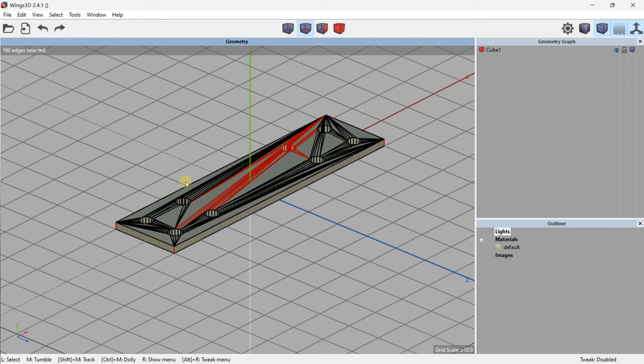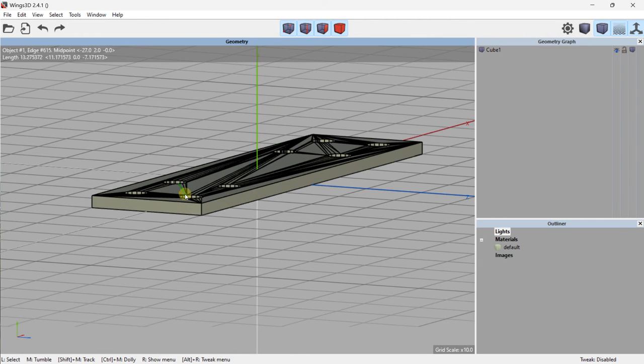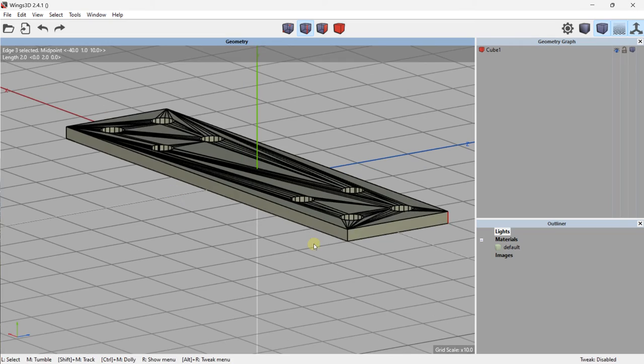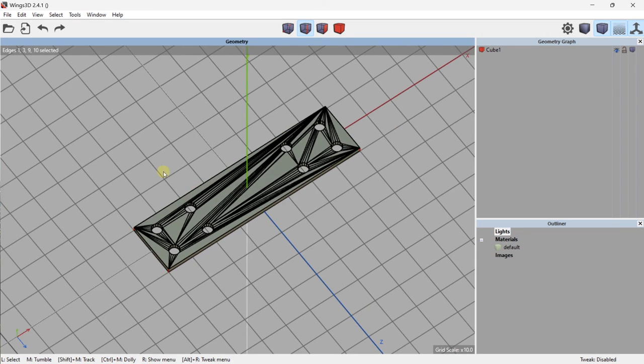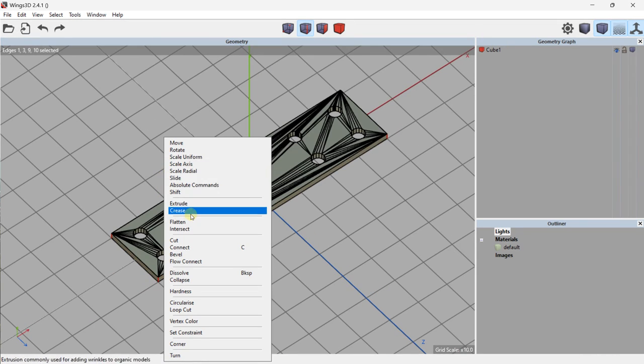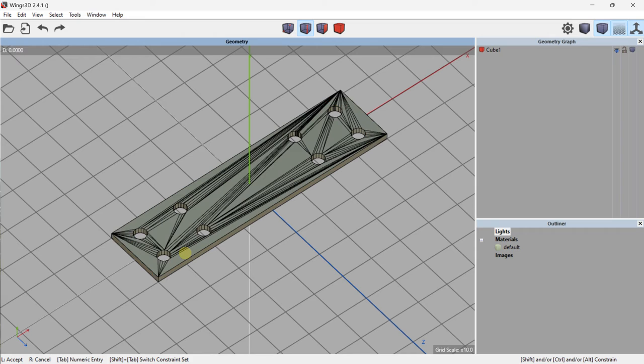It's a little strange because I had another type of selection. So let's deselect first with the spacebar. So I had another element selected. So let's redo again. I will select these different edges. And then I will right click, and now it's going to work, bevels, and I can apply my bevels